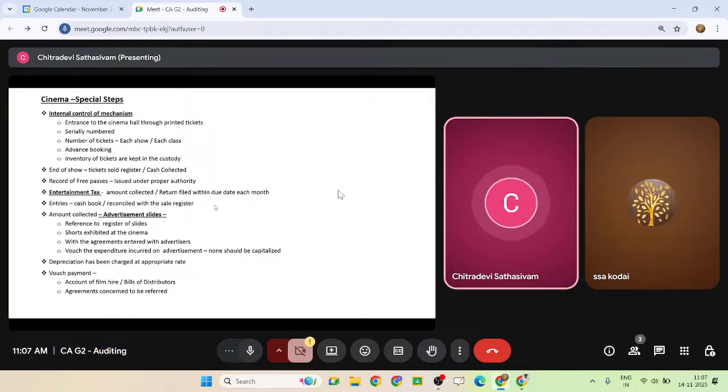Advertisement slides I also covered. And the most important thing is you have to examine the agreements, because the advertiser will come and say, sir, please publish this. Especially in Chennai, if you see Satyam Theatres, there are many advertisement banners or displays, LED displays, digital advertisements. Before, they used to call them hoardings. Once upon a time, this business was also that. Hoardings on the highway, you see the big board there, right? On that big board, they will draw some image and keep it as an advertisement. That hoarding was a big business actually.